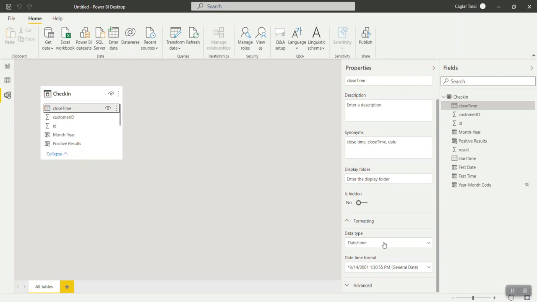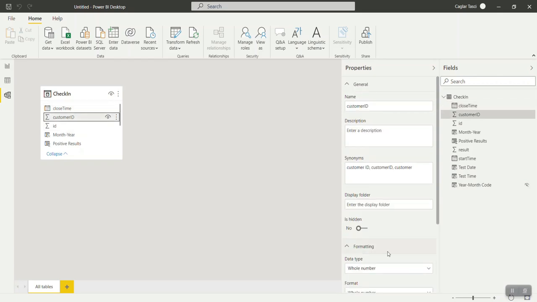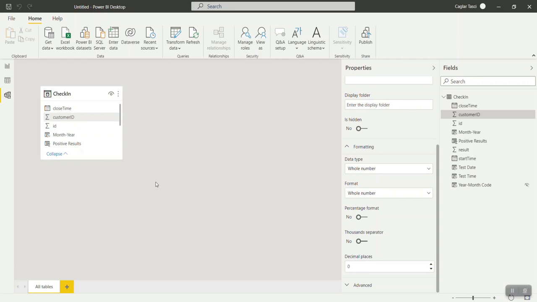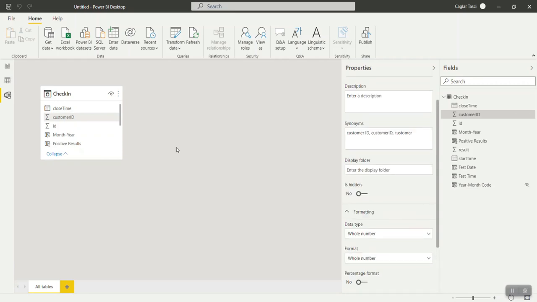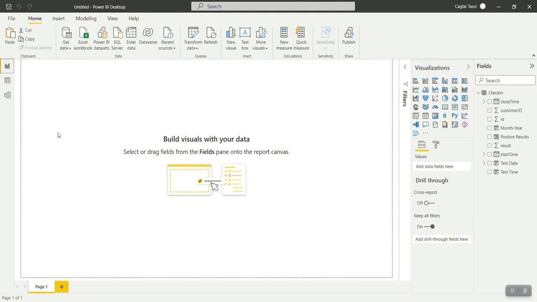So this is how the model view works, but it will be more understandable once there are more tables. Now in the report view, you can see the tables and all the columns that we created towards the right. So let's work with these one by one.